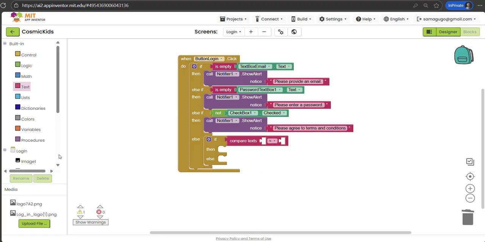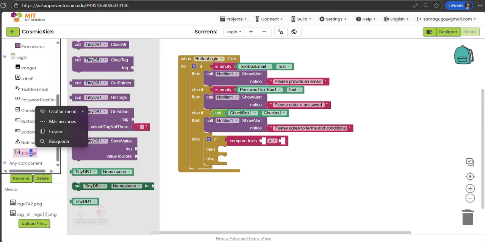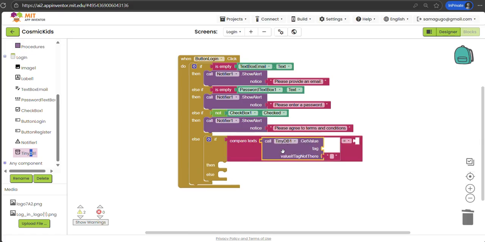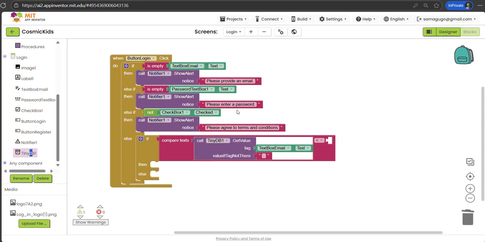So what I'm going to compare, I'm going to call the TinyDB database and I'm going to get a value. What value? The value of the emails. So I'm going to duplicate this and paste it here. And then I'm going to duplicate the password text box. So the explanation behind this is I'm going to call the emails registered in the database. And if the emails that are registered in the database don't have a password,